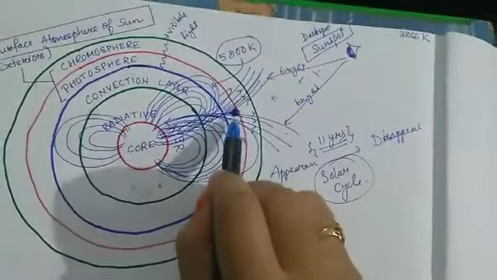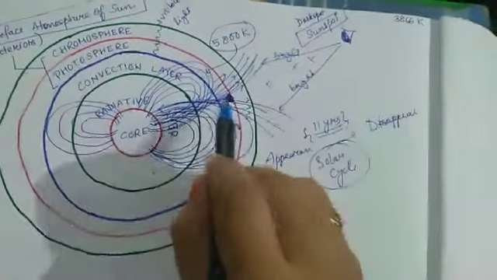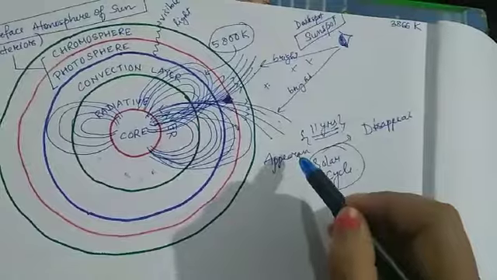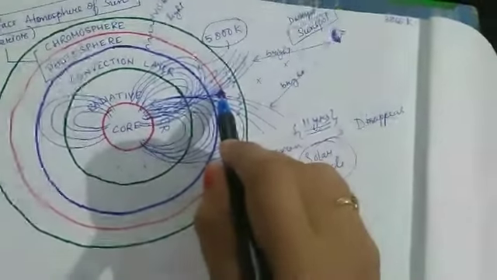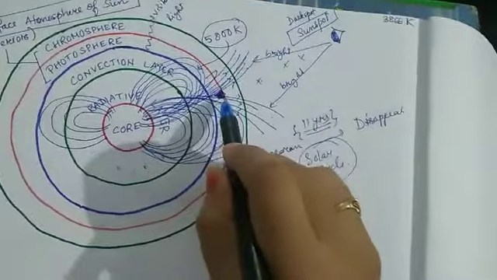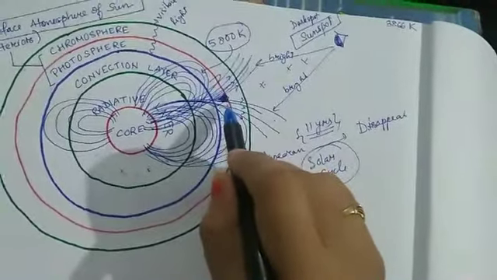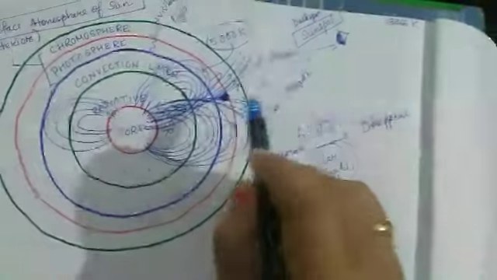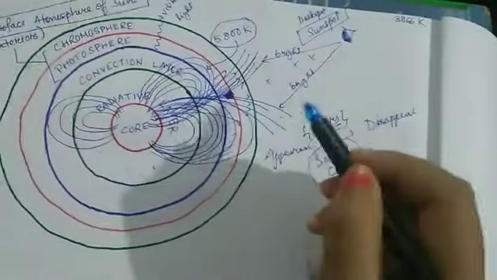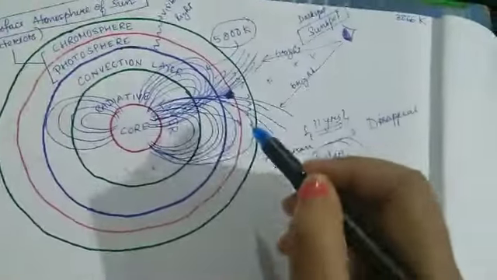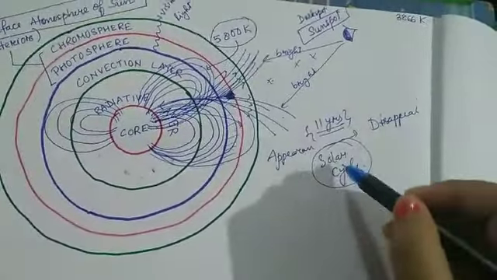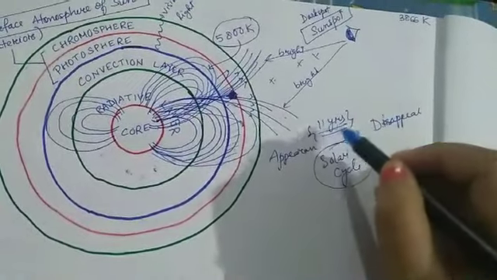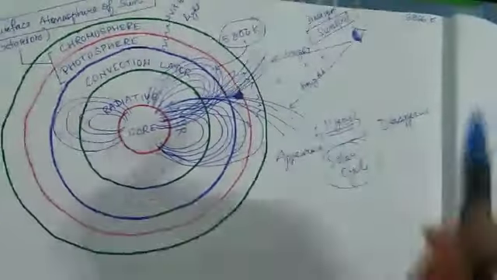So this is what I want to say: you know what a sunspot is, where sunspots appear, and why sunspots appear dark, and that they are not constant. They become very dark at some time, and after some time they fade away and disappear. So sunspots are never constant. If you keep on observing, after 11 years you will see that the sunspot is not there at that location. So sunspots keep on appearing and disappearing in this area. This particular period is 11 years, and this is called the solar cycle.